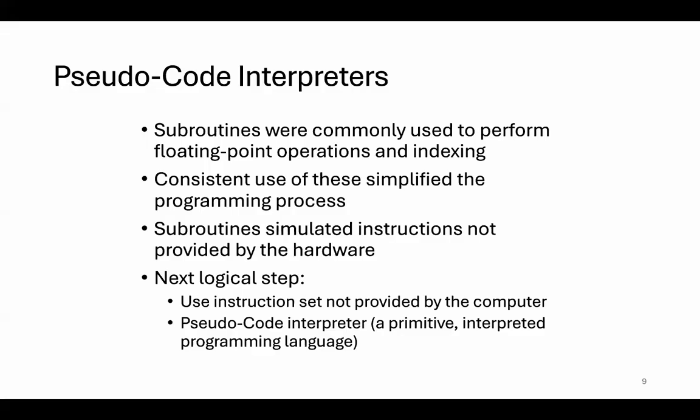And by having those subroutines, the operation itself of programming is now more simplified because the programmer doesn't have to think about re-implementing floating point arithmetic or re-implementing indexing. And you can see as well that these subroutines simulated instructions, and those instructions were not provided by the hardware. We know that the hardware does not support floating point arithmetics, and we know as well that the hardware does not support indexing. So since we already started to build subroutines in order to handle certain operations that did not exist or were not provided by the hardware,